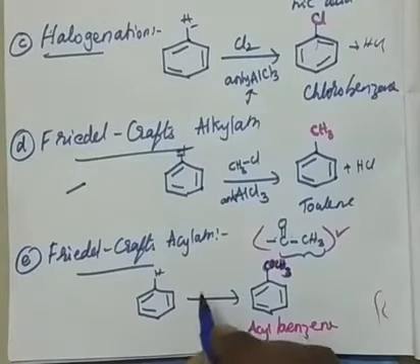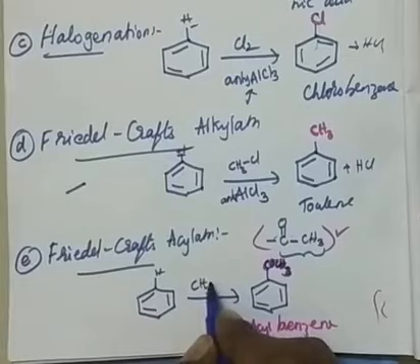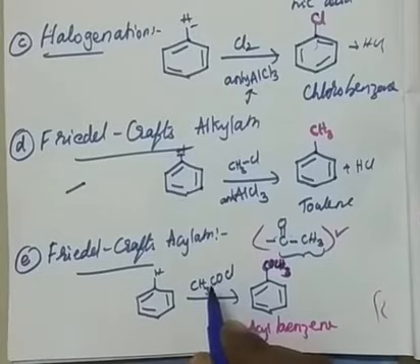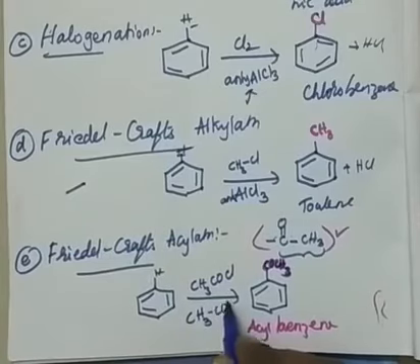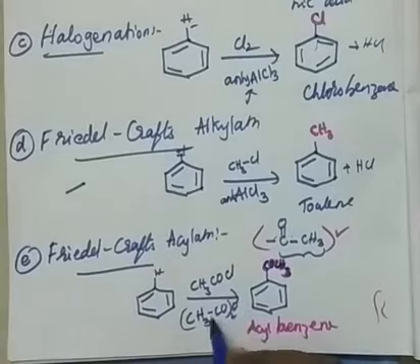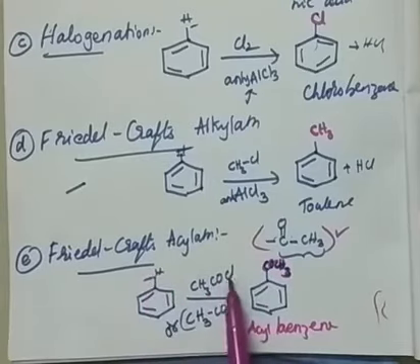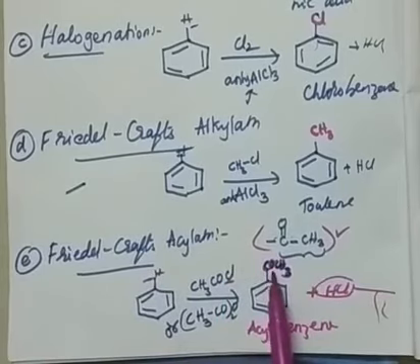One is that anhydrous AlCl3 is a must, but this can happen even in the presence of CH3COCl. This is called acetyl chloride, an acyl halide, or it can take place with acetic anhydride, CH3CO taken twice with O. I will tell you the reagents later when I discuss this reaction in depth. Acyl halide will give you the acyl group. That means again H and Cl are going off. So your byproduct will again be HCl going out, and COCH3 is coming, right?